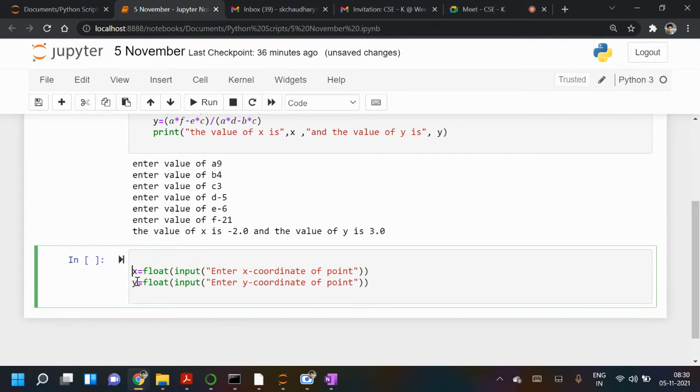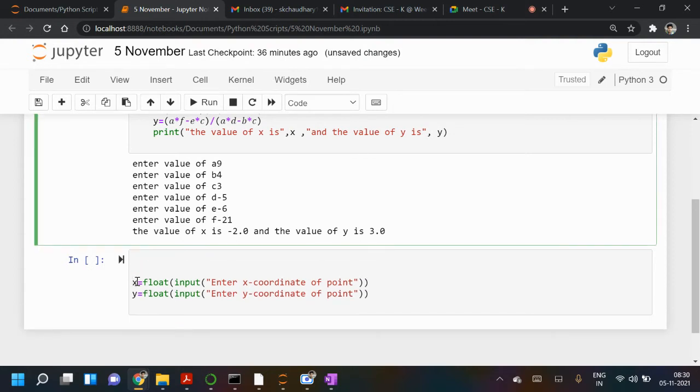So you may define a function if you want. We may define a function, otherwise we can directly do also.